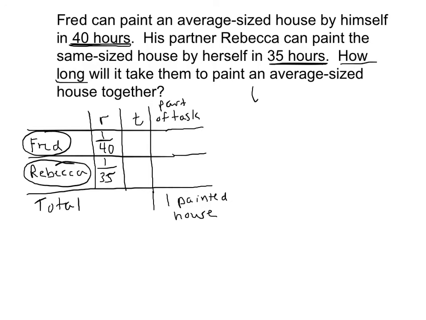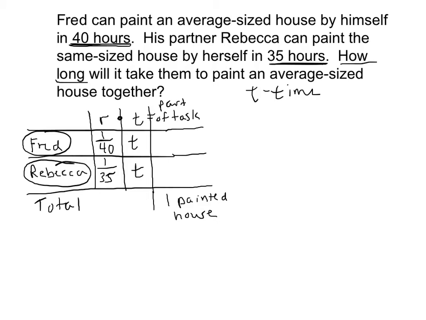So what we're looking at here is time. And since they're working together, the time for each of them is going to be the same. So I'm going to let t be my variable here, and it's going to be the same for both Fred and Rebecca. Now, we've talked before about the fact that rate times time is equal to the part of task